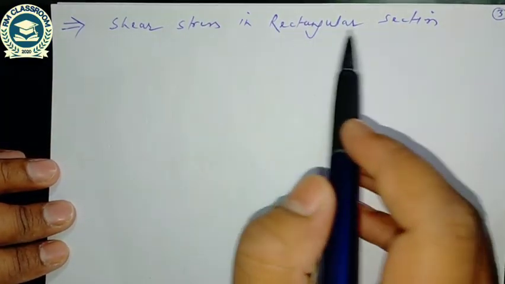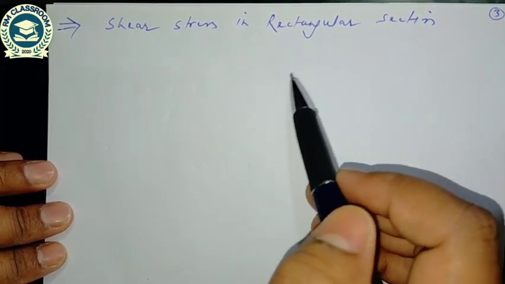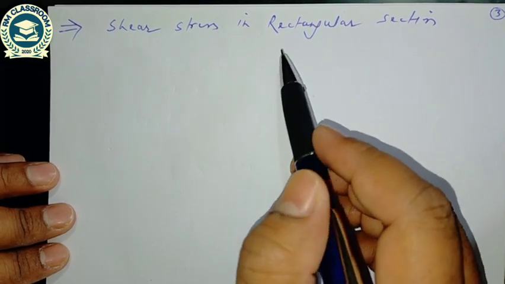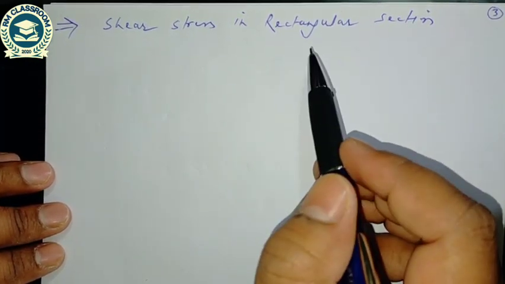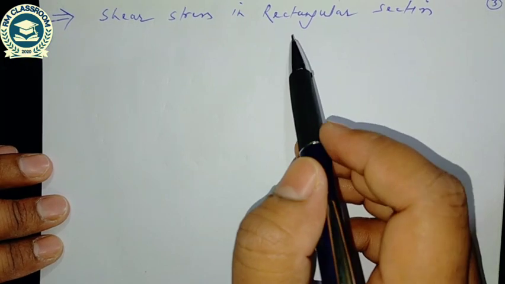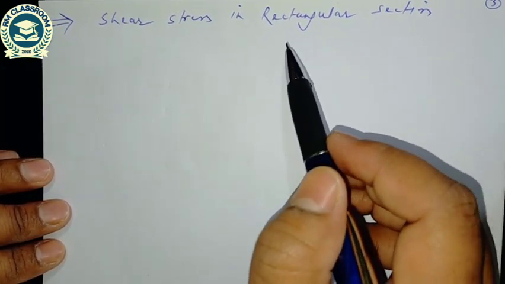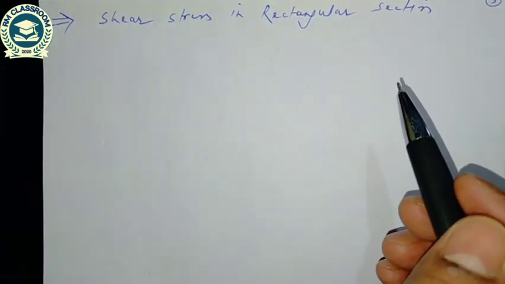So for different cross sections like rectangular cross section, triangular cross section, circular cross section, I section, T section, we will see how to compute the value of shear stress and maximum shear stress. So firstly, I am taking rectangular section. In rectangular section, we will see the expression of normal shear stress and average shear stress and maximum shear stress, and also we will see at which point this maximum shear stress occurs, and the distribution of shear stress I will